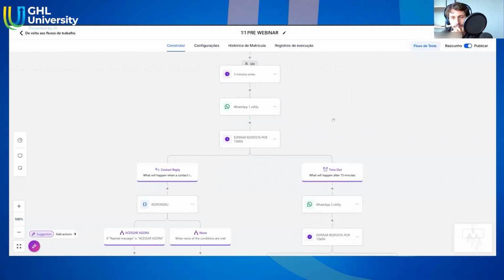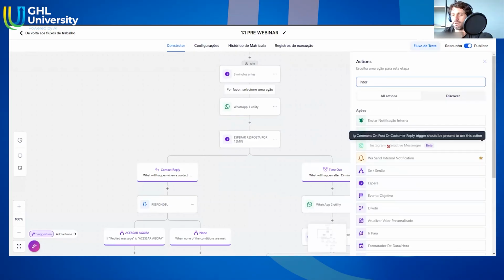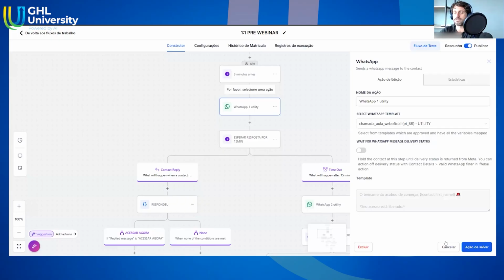If I use a DM automation like this one, you can see if he clicked the button you automated or not. But in this message, it has a button that sends the guy to the class.